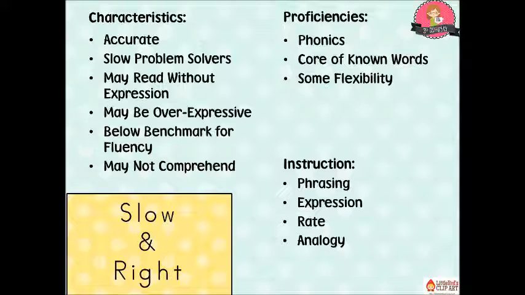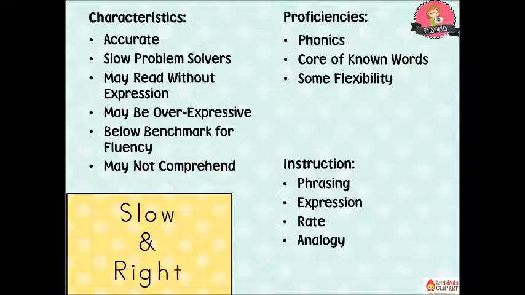And the last thing I might add for the instruction would be analogy. Analogy in reading means that they are pulling from something they already know in order to get to something new that they don't know. For instance, if they come across the word bat, we might say to them, that word looks a lot like a word you know. It looks like cat. Do you think you could figure out that word now? And so they take their understanding of the word cat and that onset and rhyme, and they're able to apply it to the new word bat in order to solve it.